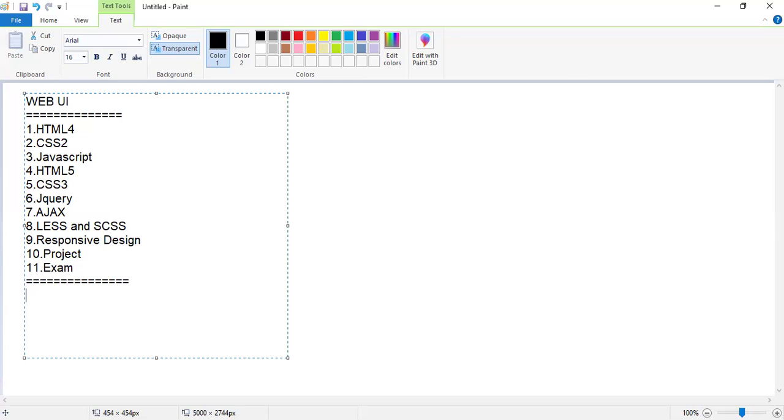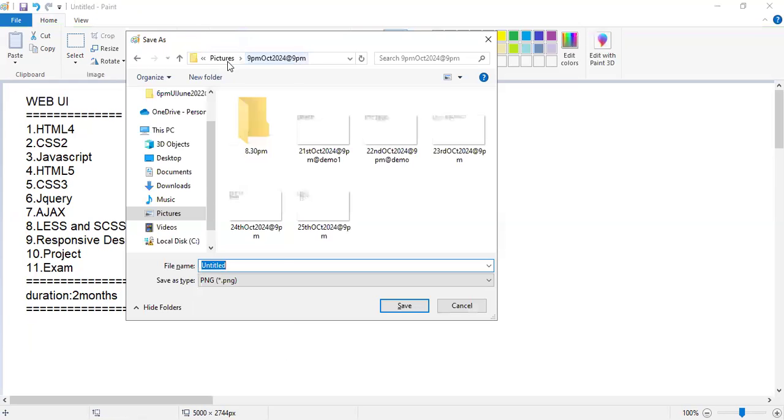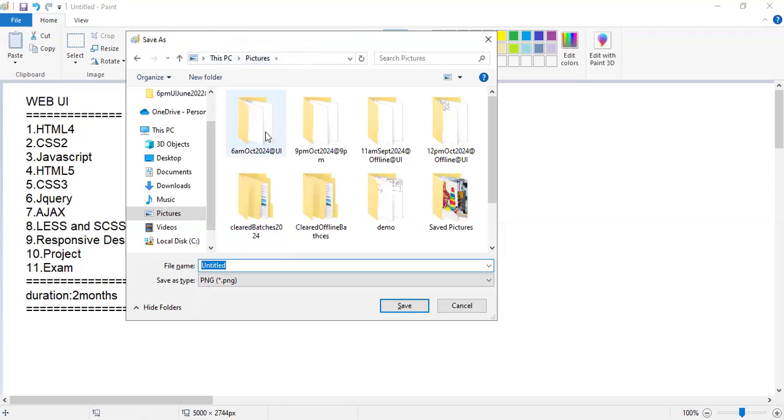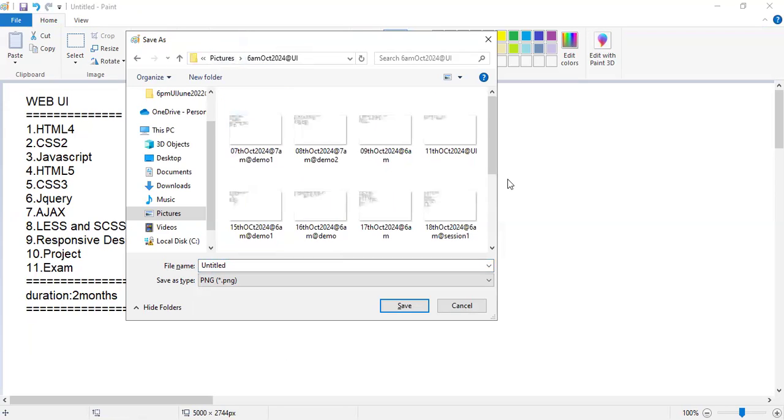Here the total duration will be in this order. I'll continue my sessions. The duration of my content will be 2 months. I'm going to continue 2 months on all these topics. Here I'm explaining UI. UI means user interface. Here under this user interface,